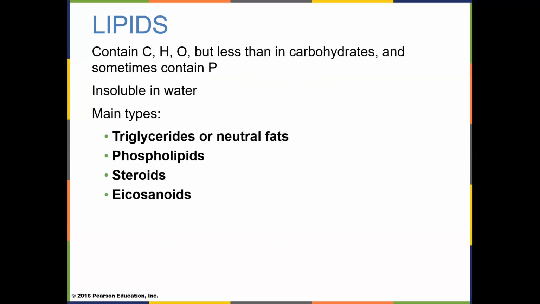The lipids, if I say fats, I mean lipids. Lipids occur in 4 categories. The triglycerides, or what we call the neutral fats. This is the stuff that shows up in our blood. This is what we worry about, our triglyceride levels. What is the fat level in our blood? It's also how we store excess lipids in our bodies as fat.